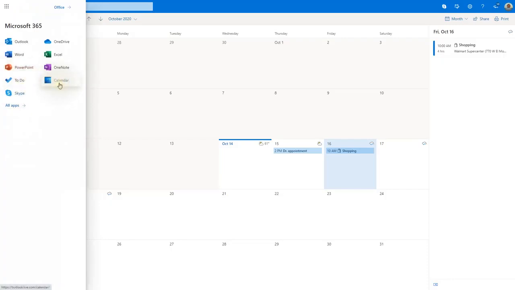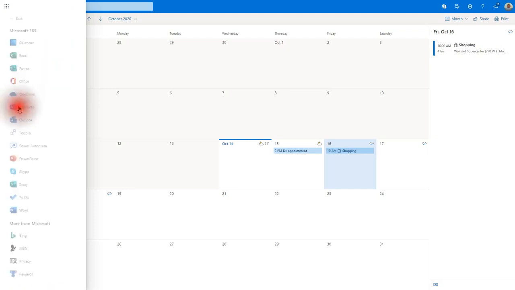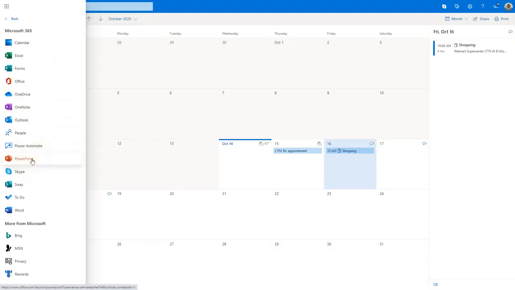Okay, I'm going to go into the app launcher, and the next thing that we have there is we can do a Skype, and that's basically like a video conference. So if you wanted to call someone or do a Skype session, like a video session with another family member or another friend, you click on Skype and then put in their account information, such as their email address, and then it would contact that person, and you can do a video call with them. If you click on all apps, you notice it opens up to all the other apps that you can have here, which there are many.